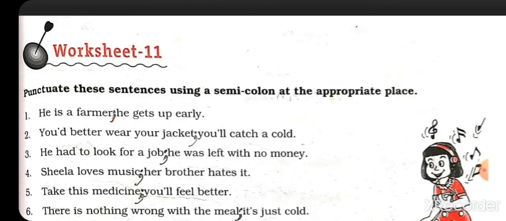Punctuate the sentences using a semicolon at the appropriate place. Here, students, in these sentences you have to put a semicolon. Now, students, let's begin with the first one. He is a farmer. He gets up early. He is a farmer. After farmer, students, put a semicolon. Farmer के बाद, beta, put a semicolon. Then, beta, the second one,